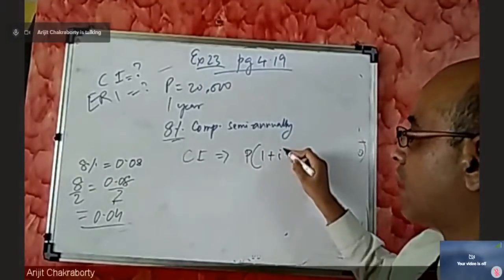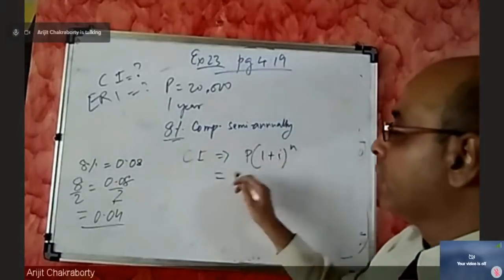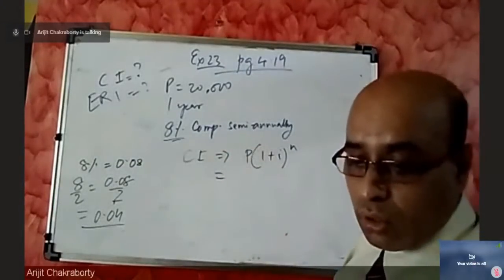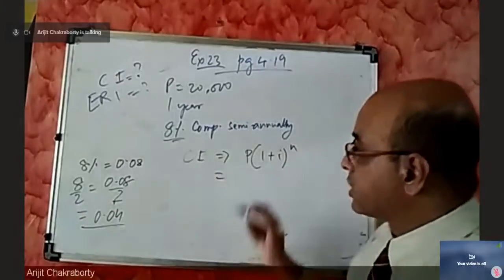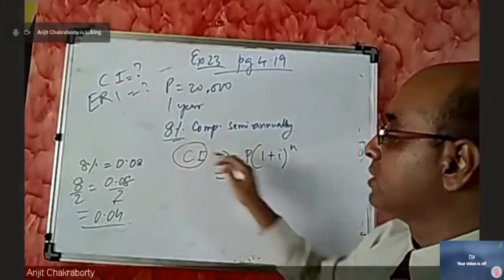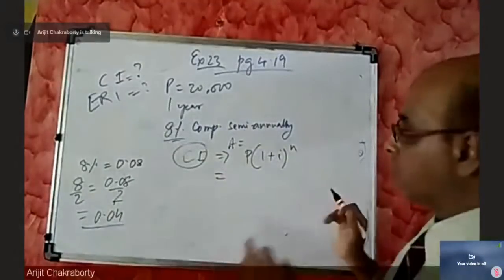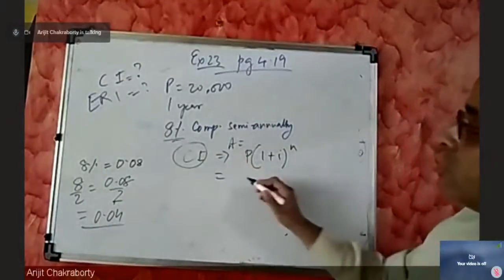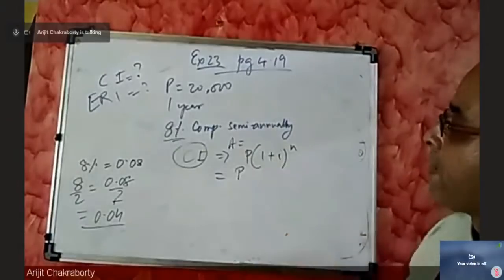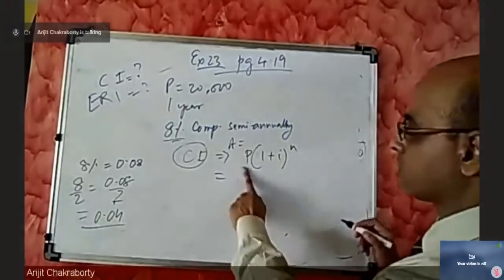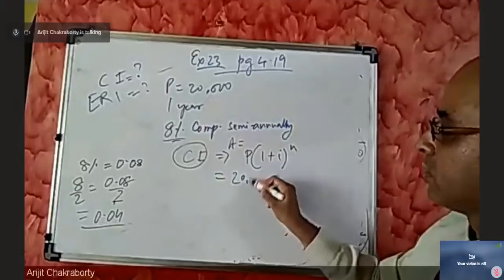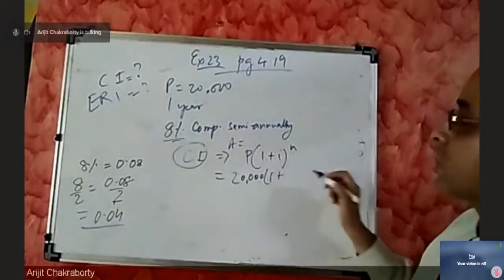P into 1 plus I to the power n, right? Here we know that this is the amount, of course. Compound interest means the amount is this, right? So let us find out the amount. Amount will be equal to P, which is 20,000. So I'm writing 20,000 into 1 plus I is